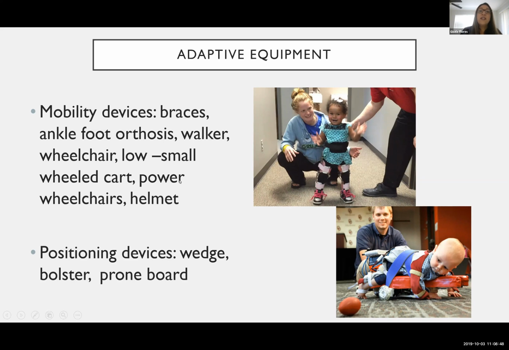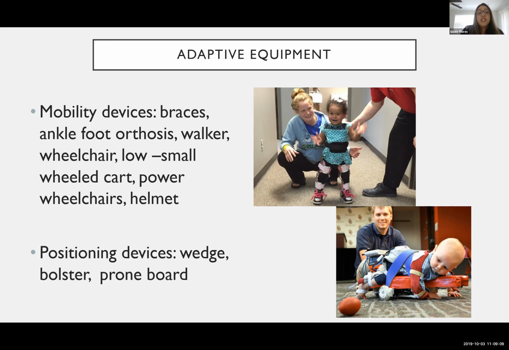Any walker or wheelchair, so these are things that are usually already created for children with physical disabilities, but there's also things that we have to adjust. So maybe they have braces, but the flooring in your classroom isn't conducive to their braces. So maybe you put something on the bottom of those braces to support the child in using their mobility device in your program.